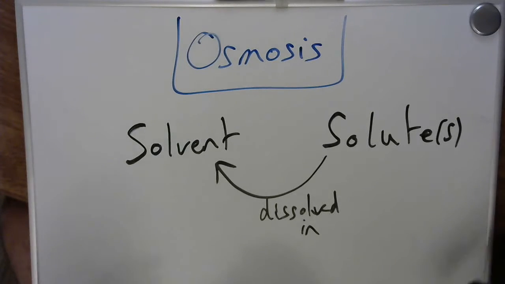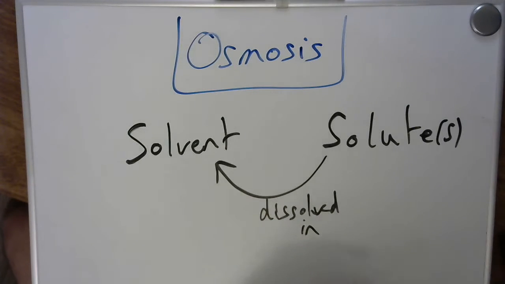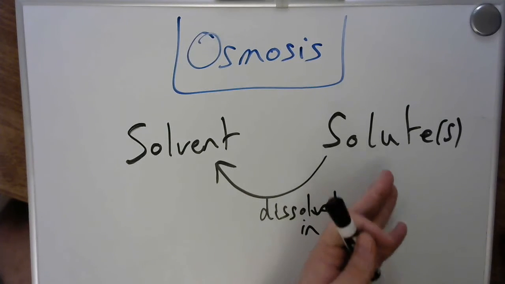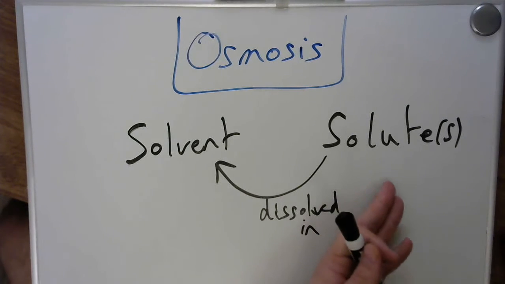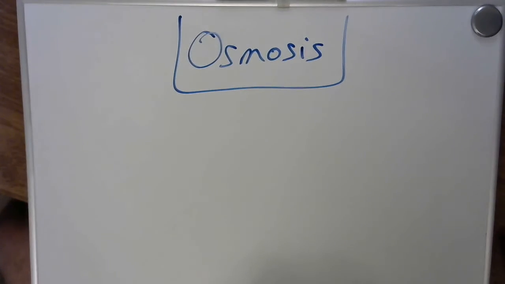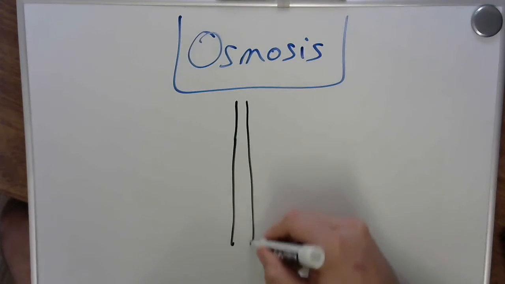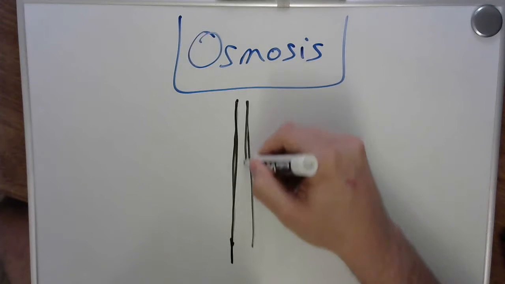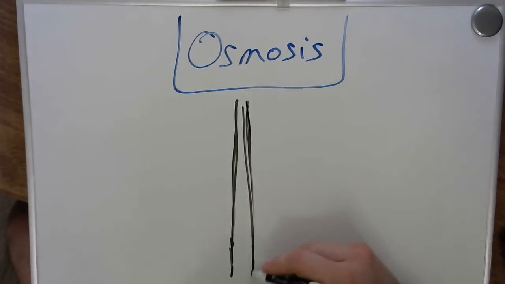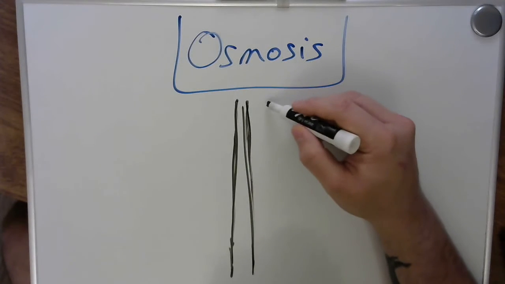Okay. Now that you know the difference between solvent and solute, osmosis. If you think about diffusion, it's usually the movement of solute in the solvent. We usually talk about movement of solute from high to low concentration. Now, in the case of osmosis, there is something that prevents the solute from moving. So now you have to imagine a phospholipid bilayer, and we're going to take that example. I know it's a slightly different example in the book, but in the PowerPoint, I want to talk about it this way. The phospholipid bilayer is called a